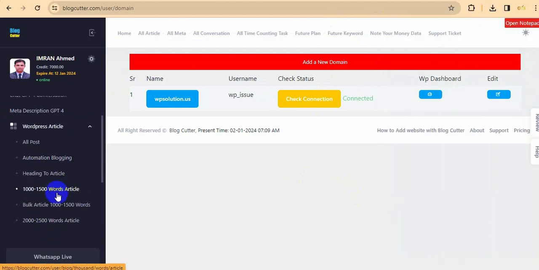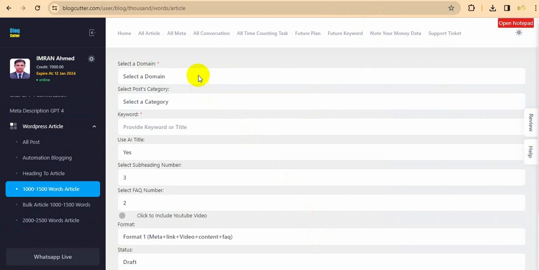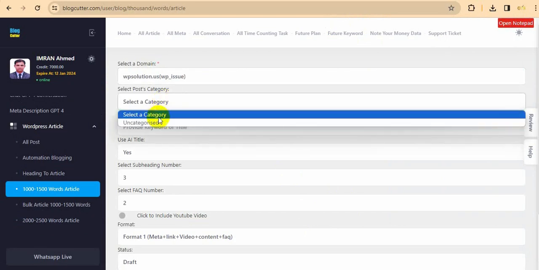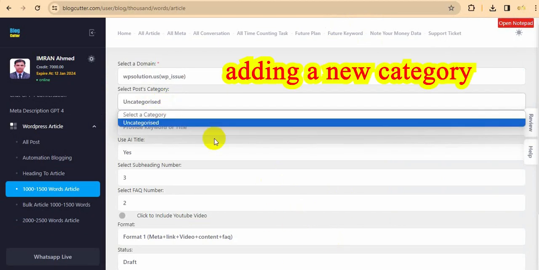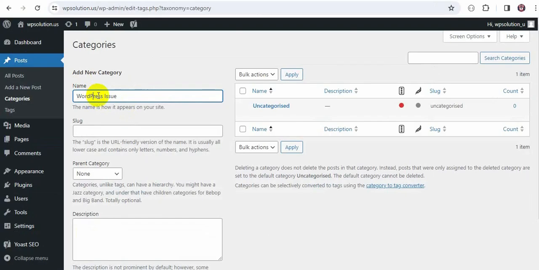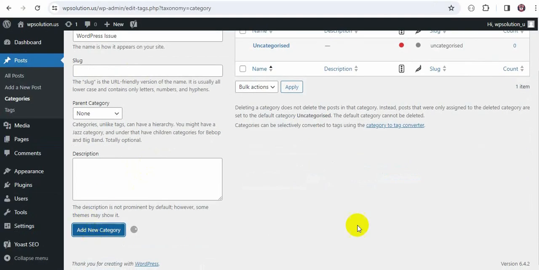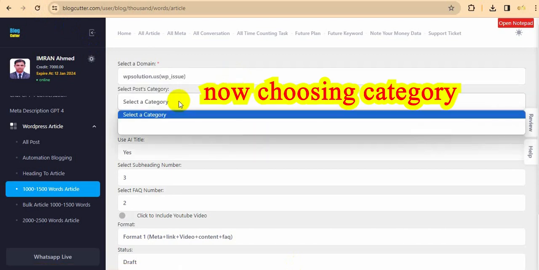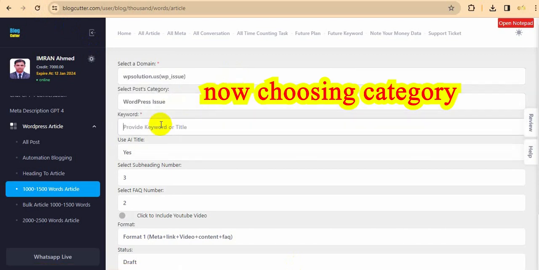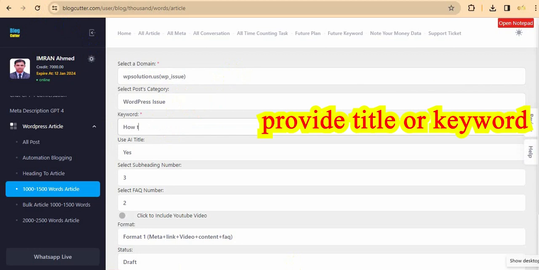Now create a new post. Okay, 100,000 word post. Adding a new category, as there was no category in my website, so I am going to the post, clicking the category, adding a new category and choosing the new category. Okay, fine. Now providing a title, that means a keyword,